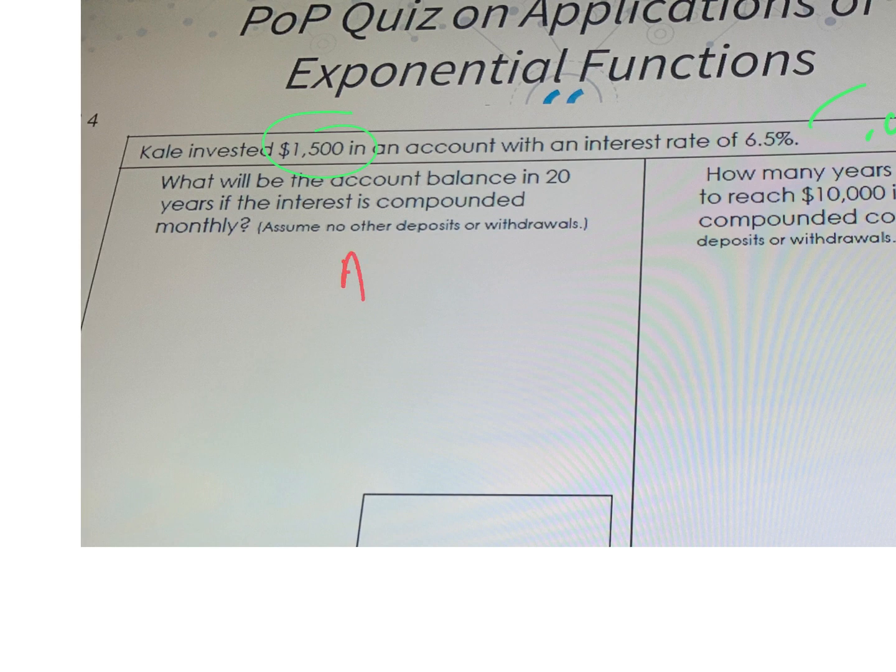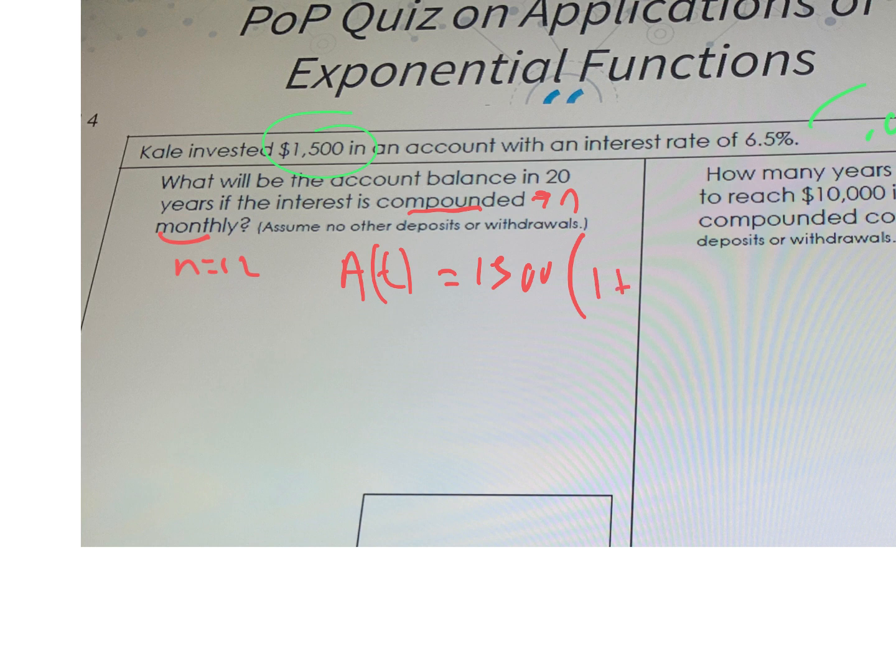So here, you think you got it? The formula is amount in the future. This is not continuous. This is compounded. It says that right here, meaning we're going to have the end number. Compounded means you are making interest once a year, once a day, once an hour. It's not compounded continuously, it's compounded monthly. So what's N? N is 12. So A of T will equal the amount I'm investing, $1,500, times 1 plus,